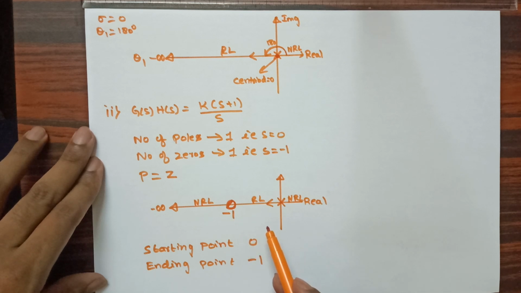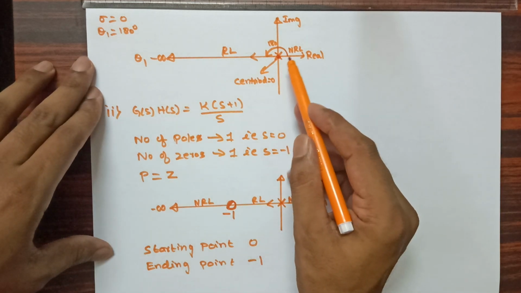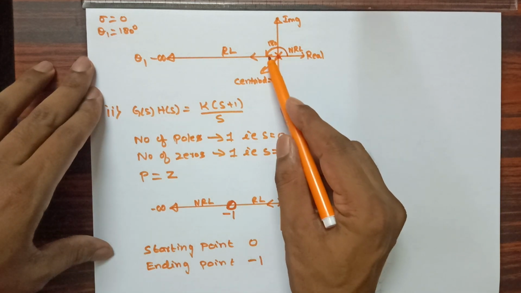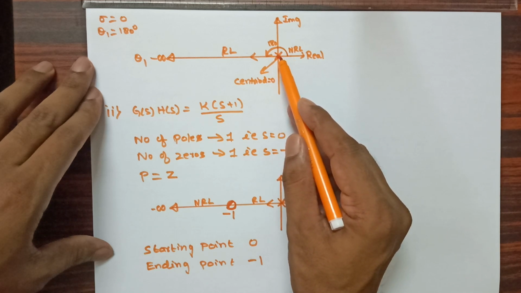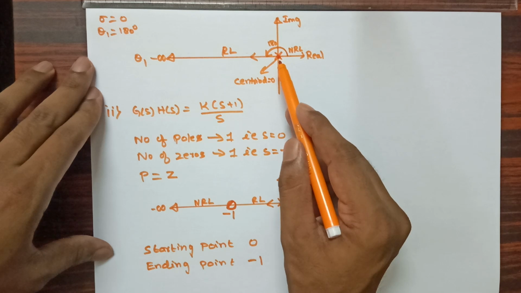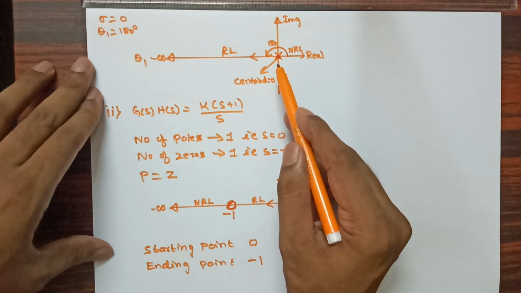Now in this, to comment on stability, you can see that the entire locus is on the left half of the S-plane. It is not moving anywhere to the right hand side of the S-plane. Therefore we know that if the roots are on the left hand side of the S-plane, then the system is stable. You saw in the first problem we calculated the angle of asymptotes, and to draw that angle of asymptote we calculated the centroid. In this problem we didn't proceed further to find the breakaway point